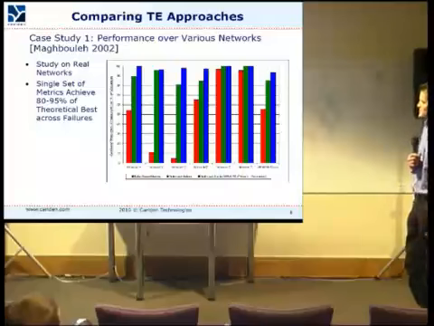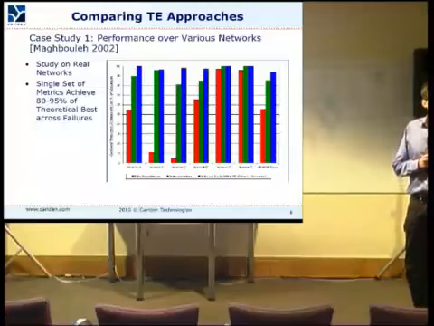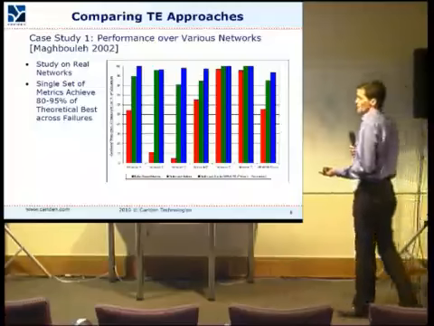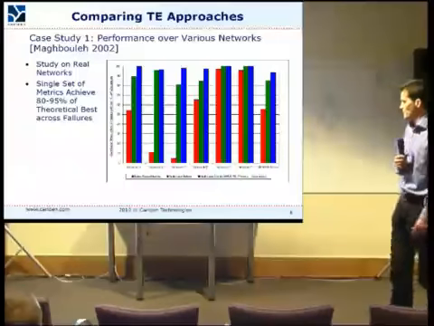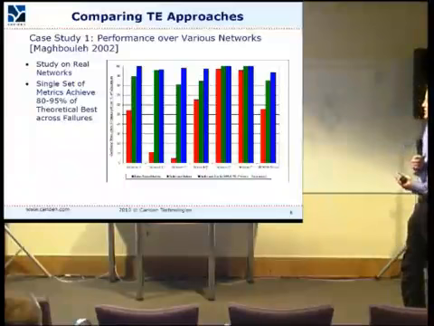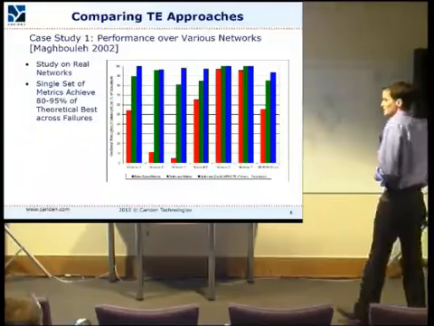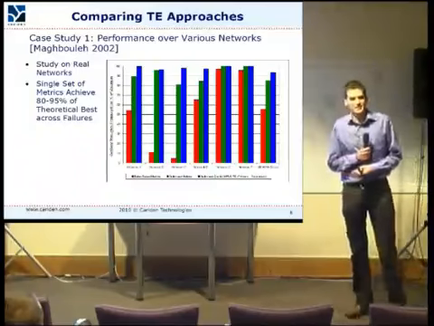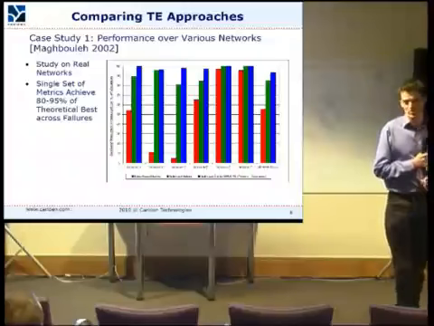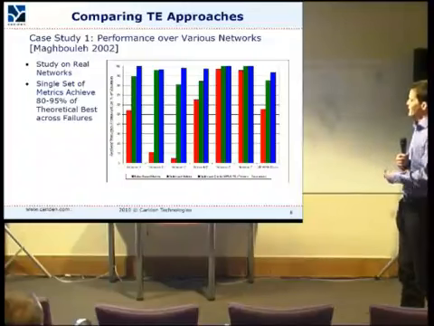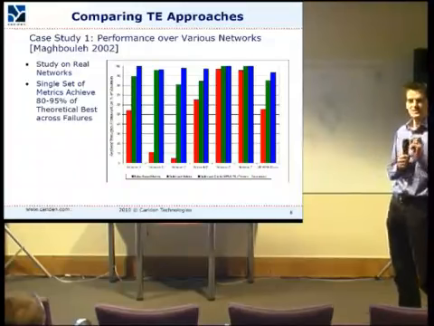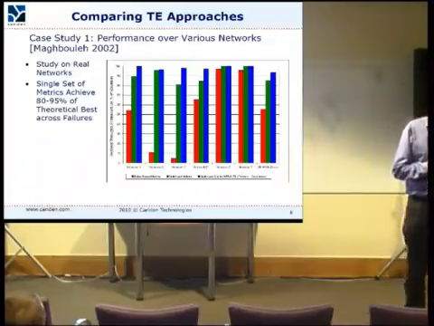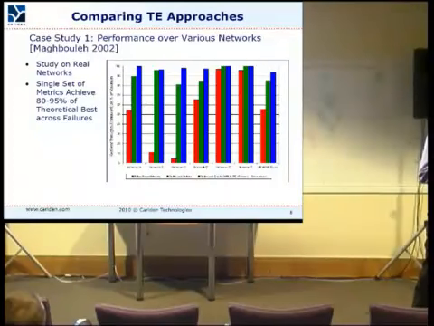So the red bar is showing just using normal IGP metrics, where the metrics are set based upon the delay of the link. So that's, in the US, certainly the most common approach. The green is optimized metrics. So optimized, in this case, taking into account single link failure scenarios. That was the optimization goal. And the blue bar is using MPLS traffic engineering, where you are calculating optimal paths offline. So the routers aren't calculating the paths, you're calculating them offline.